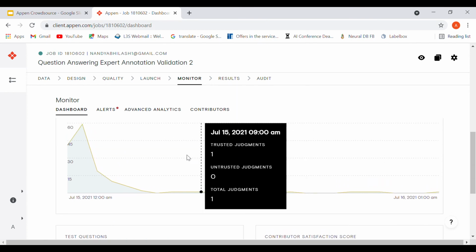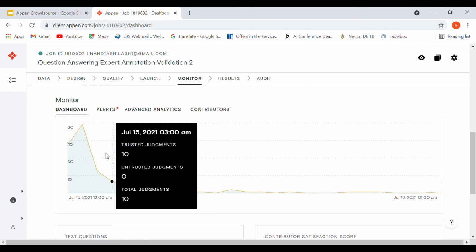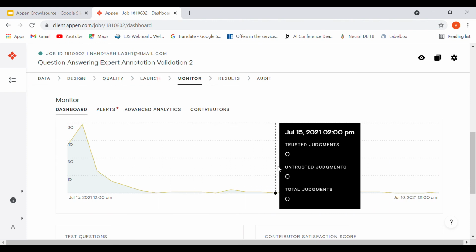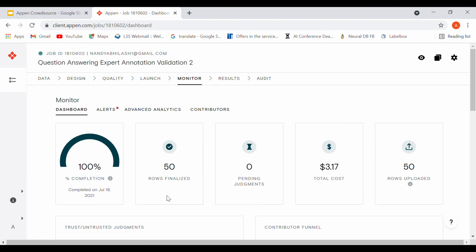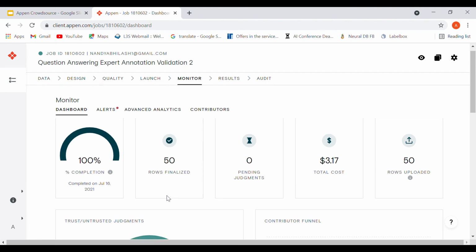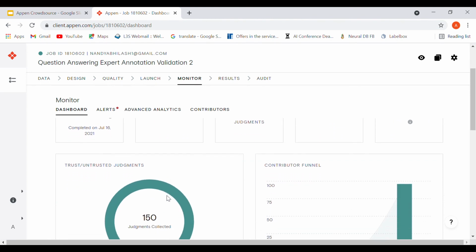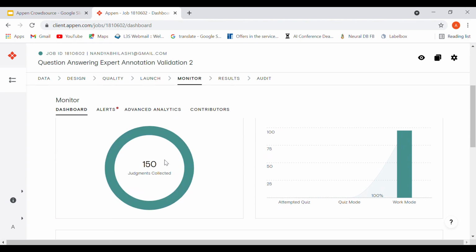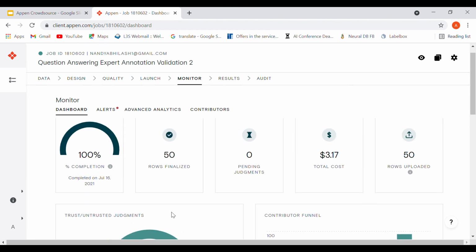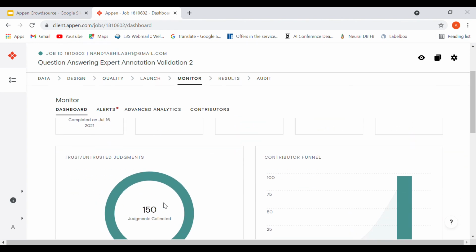And this is a distribution of the number of judgments every hour. All right. Just to give you an idea of how fast, this was a yes/no task, simply whether the answer satisfactorily answers a particular question. In total there were 50 rows and 3 annotations per row, so 150 judgments.